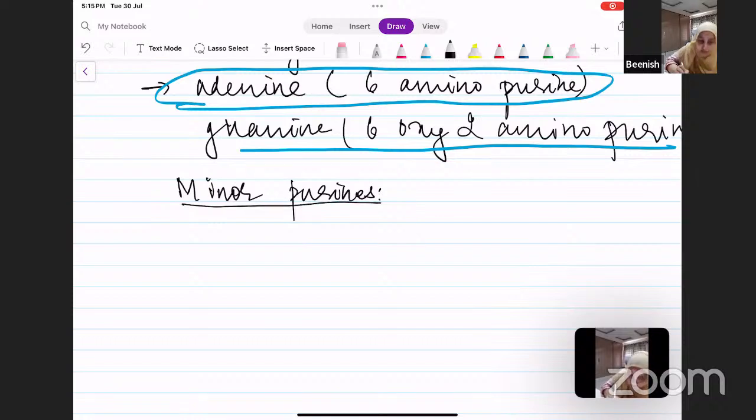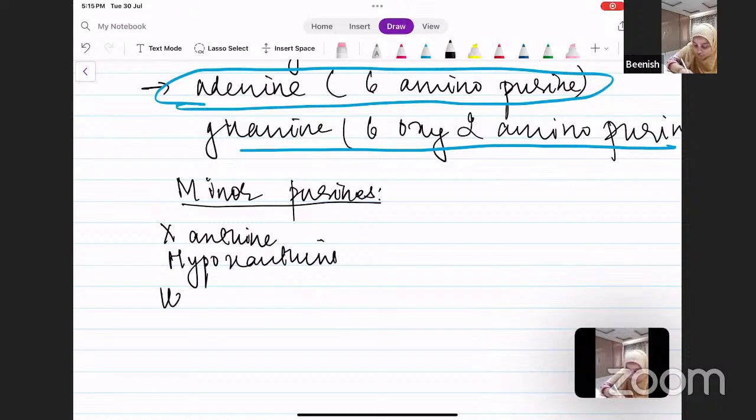Okay. So your minor purines are your xanthine, your hypoxanthine, and uric acid. Although uric acid is a purine degradation product, the purine ring is intact in it. So we'll consider it as a minor purine. Okay, so your xanthine is